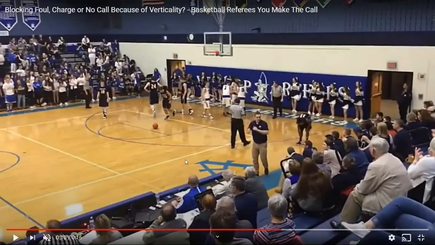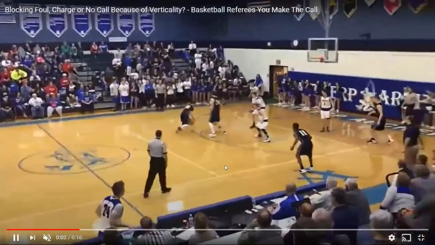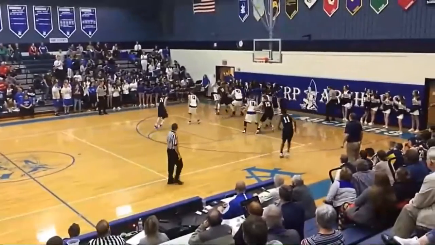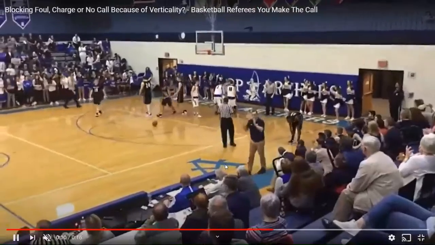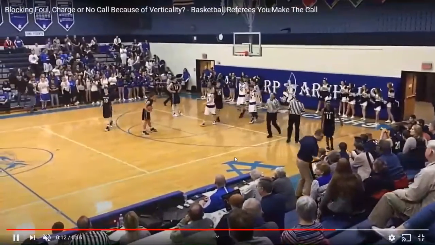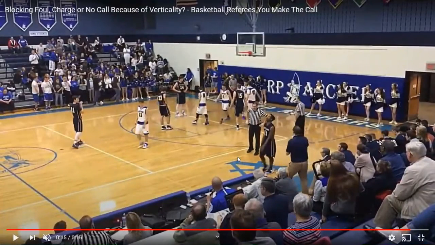I'd also like to point out that the center doesn't really move. He's not moving to gain a good angle or an advantage for himself. He's kind of just what we call lighthousing, and he just turns. So he doesn't really help himself. Absolutely, it's a good point, Chris. You'll notice no players really in close proximity to him. He could definitely take a couple steps out onto the floor here or at an angle towards the play and might get a better look at that collision near the baseline.